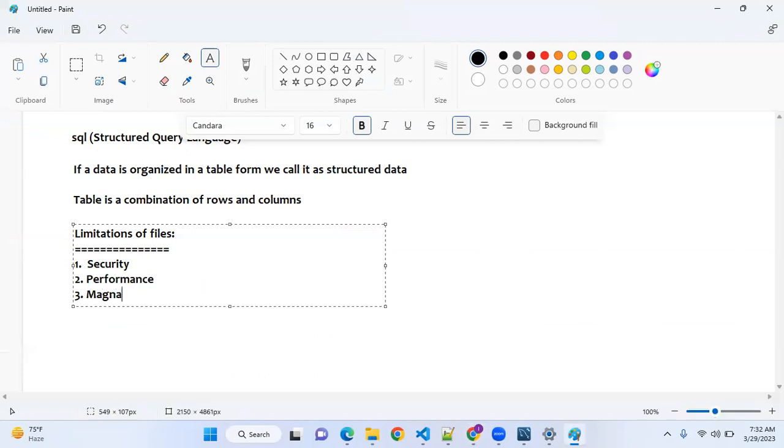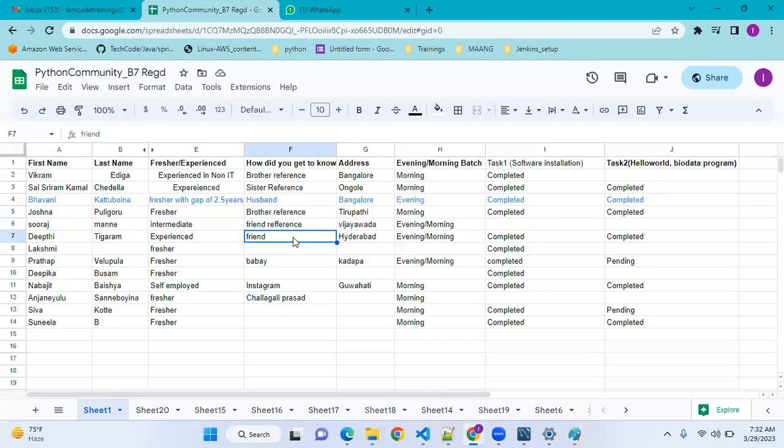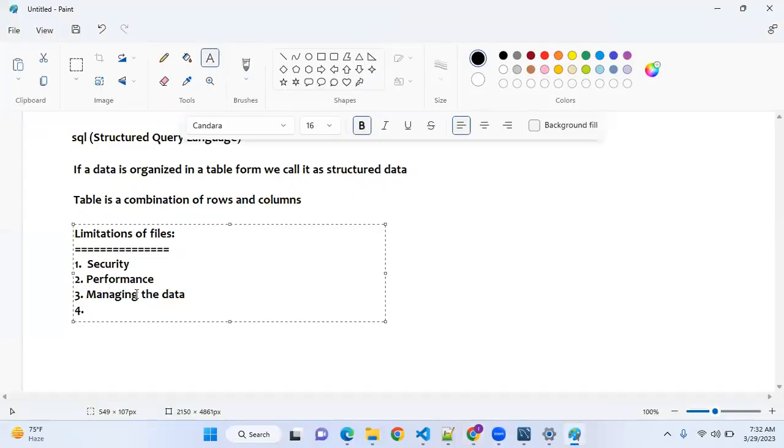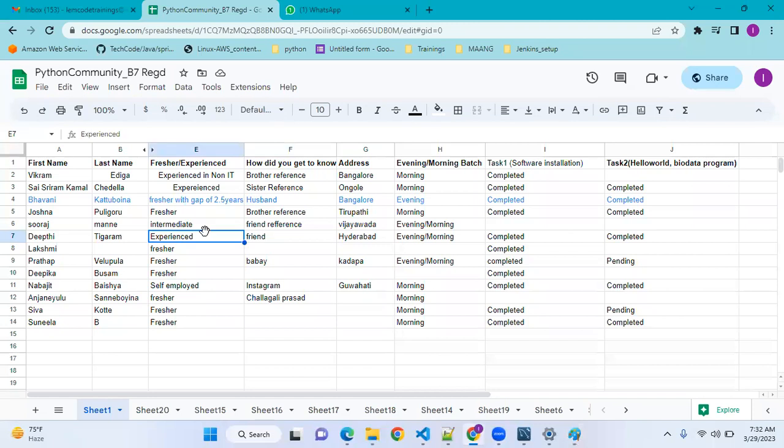What do I mean by managing the data? Managing or filtering, you can say filtering or anything. That's why I gave a generic name, filtering. Managing or filtering the data is very tough. So I have 10 records here.